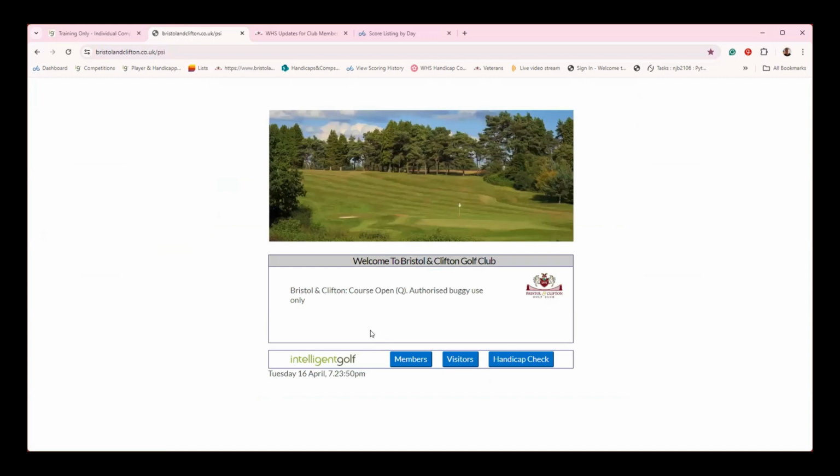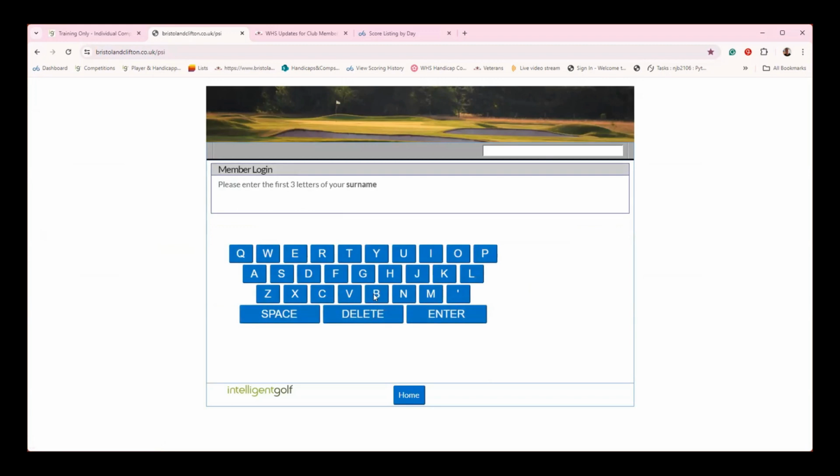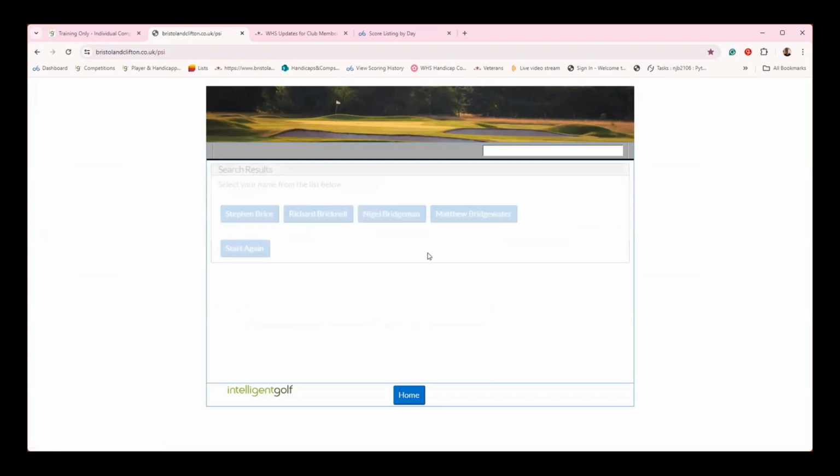Right, so that was social golf on the touchscreen. What I'm going to do now is show you some examples of using the touchscreen if you're in a competition. So if I log in as normal,